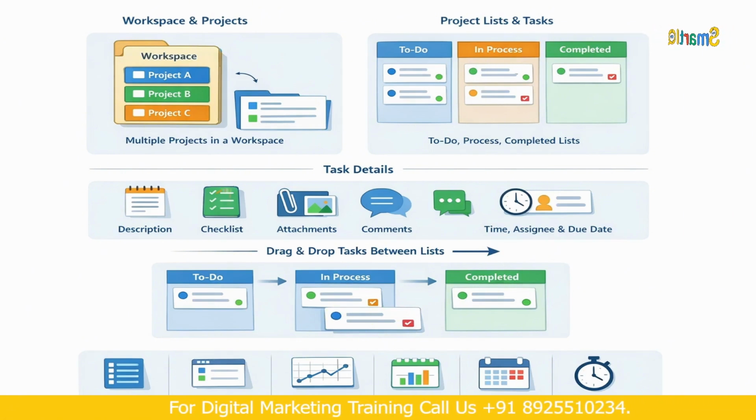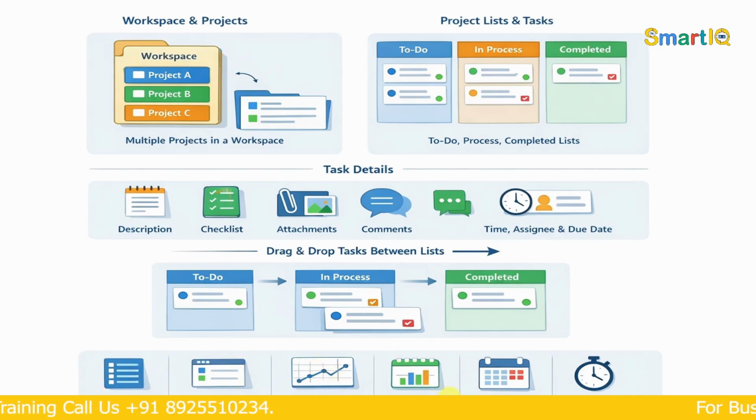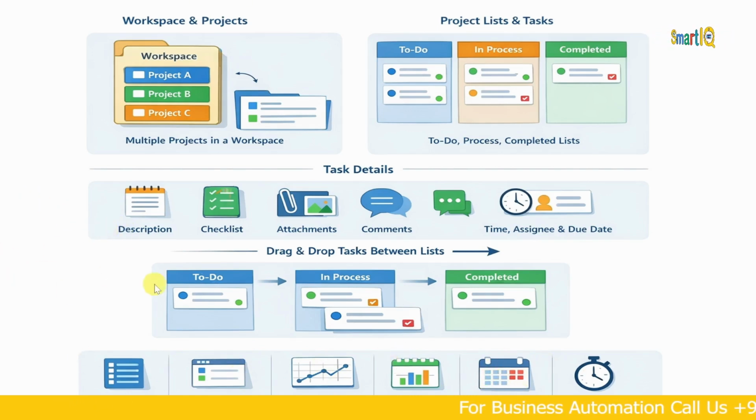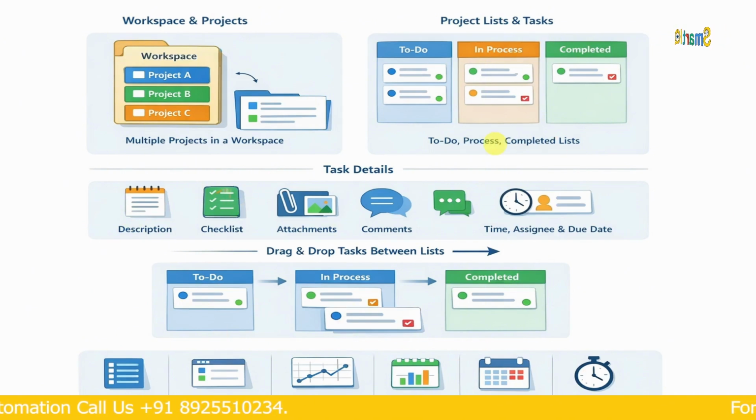Next, in this mobile app project, we can view things from different angles. That is list view, board view, report view, calendar view, and then time logs. In these time logs, when we start a task, we start calculating the time. Until we stop that watch, it keeps calculating. So for that particular task, we can know exactly how much time we took to complete it. This way, we can calculate it ourselves. Or there's another thing too.